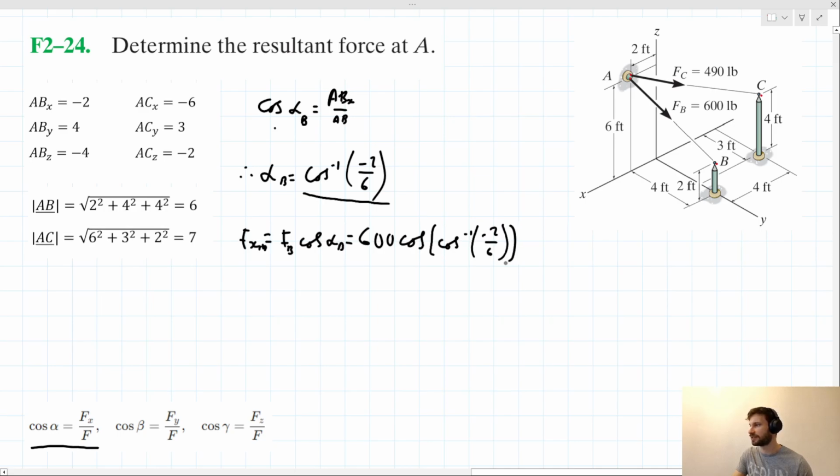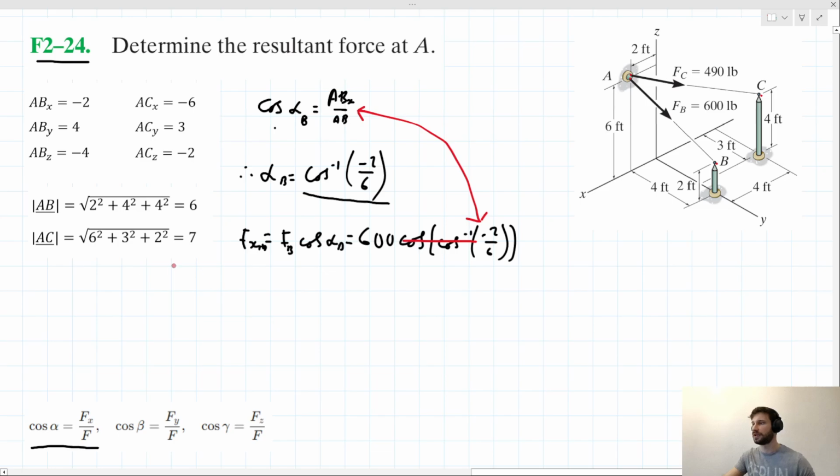But we understand, if you've watched my video for F2-23, that these cos's cancel out. So we're just left with this minus 2 over 6. And minus 2 over 6 is representative of this ABx